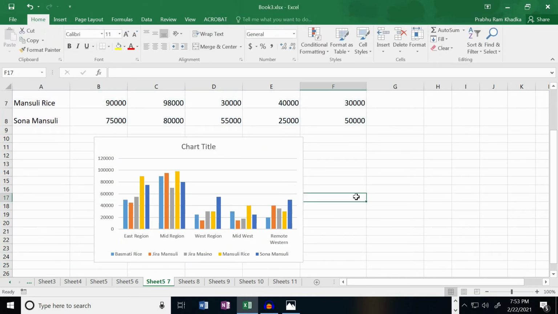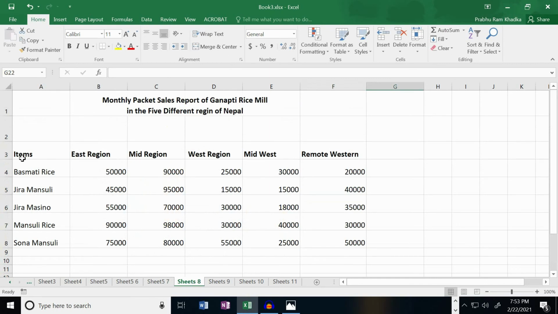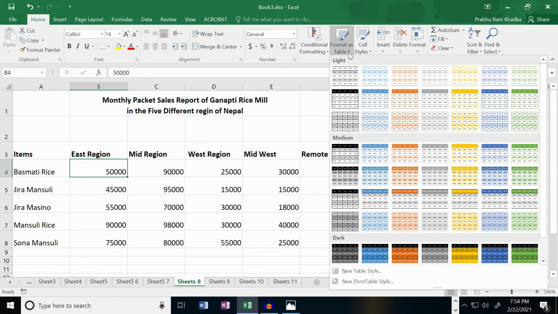Next, number H, set the automatic chart update feature in the worksheet, then add more records and prepare the bar chart with appropriate chart elements. Now I select the next worksheet. To add the automatic update feature in the chart, place the cursor in the data of the worksheet. I place it over here. Go to the Home tab. It is already selected. Click the Format as Table drop down button and select the table style.